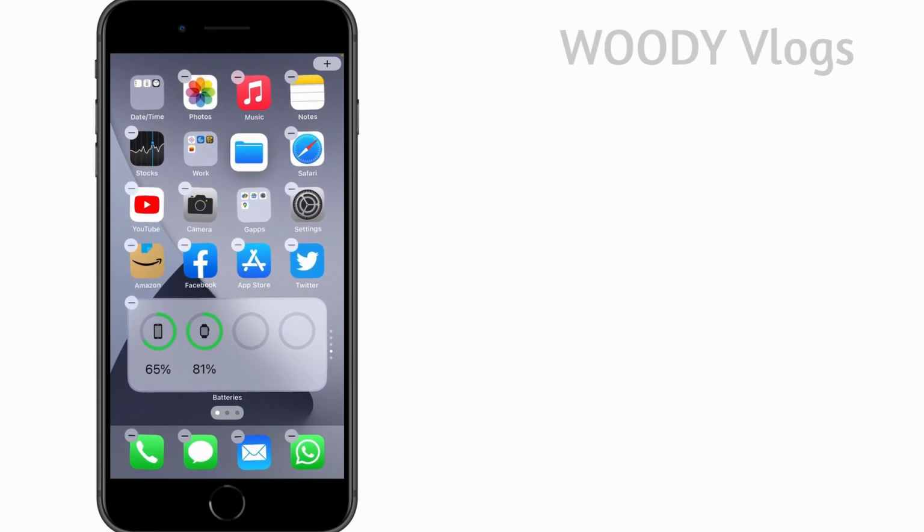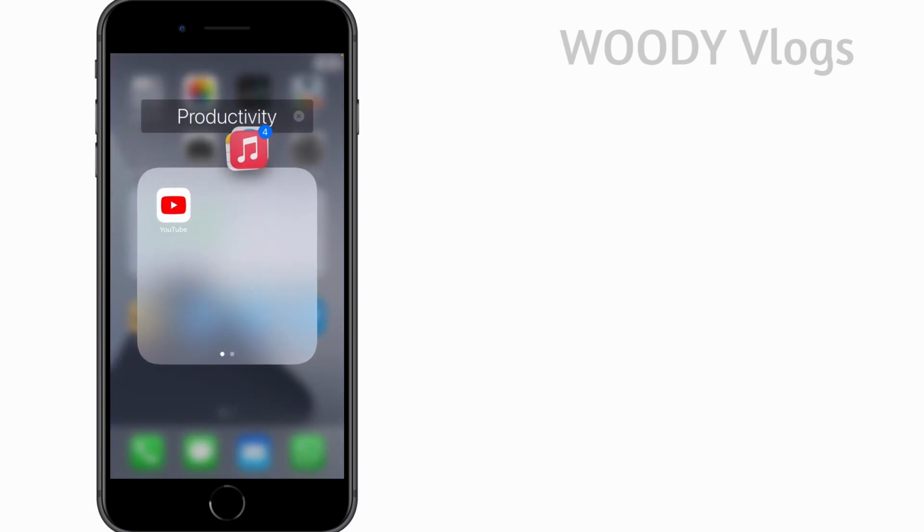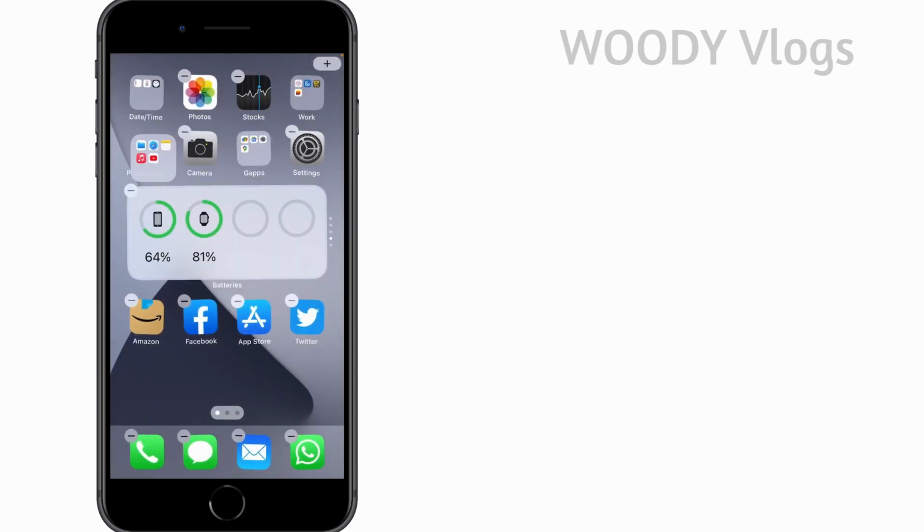I'm just having my index finger on the Files application. I'm taking my middle finger, I'm just touching on Safari, Notes, Music, everything. So you can do like this. So you can see now I have 5 app icons in the same place. So using this, you can do whatever you want. Either you can put these inside this folder, or you can simply move them out of this place. Whatever you want, you can do.